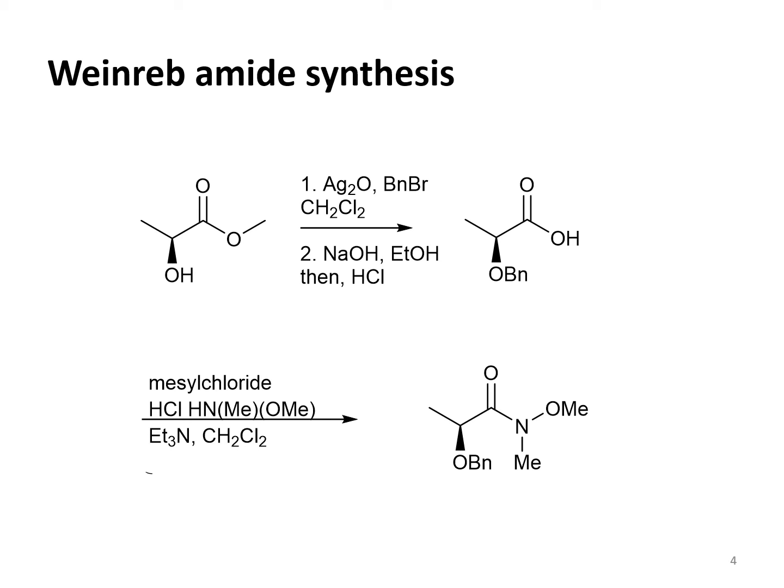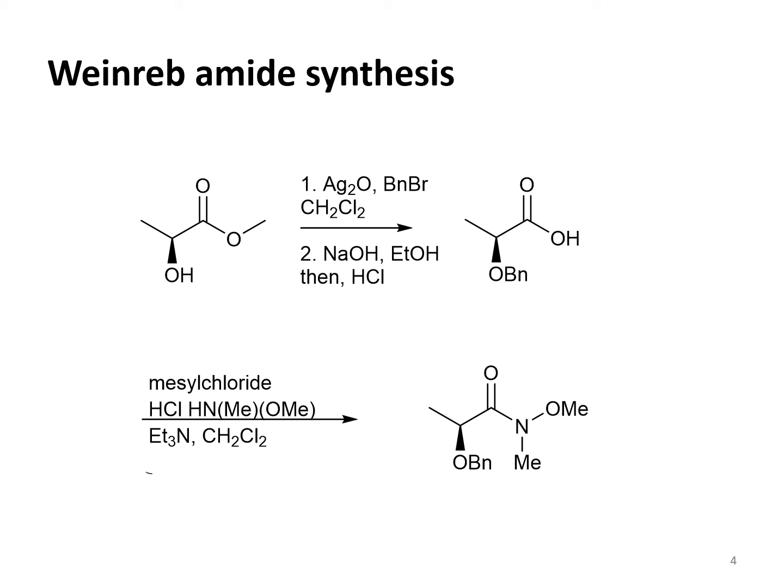saponification of the ester with sodium hydroxide and ethanol. This was then followed by HCl to protonate the carboxylate. From this step, we had to turn the carboxylic acid into our Weinreb amide. And in order to do that, we used mesyl chloride as an activating group. We then added the amine and the triethylamine, which acted as the weak base, and the dichloromethane once again, which